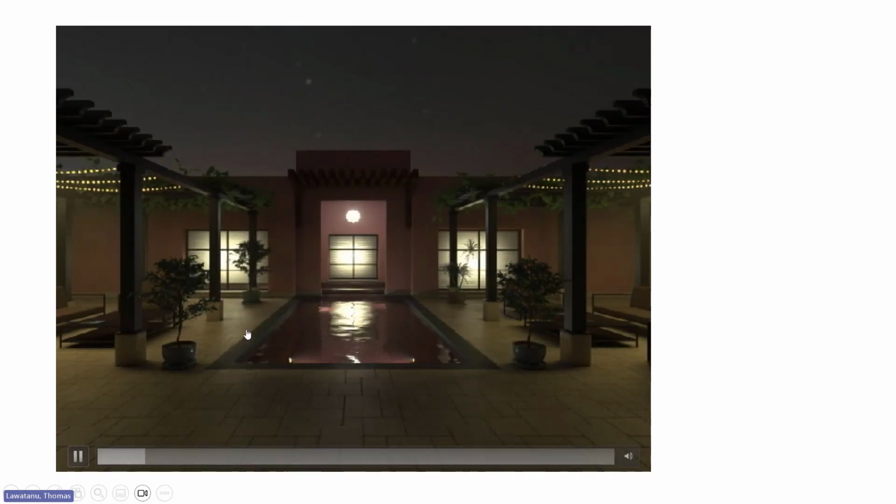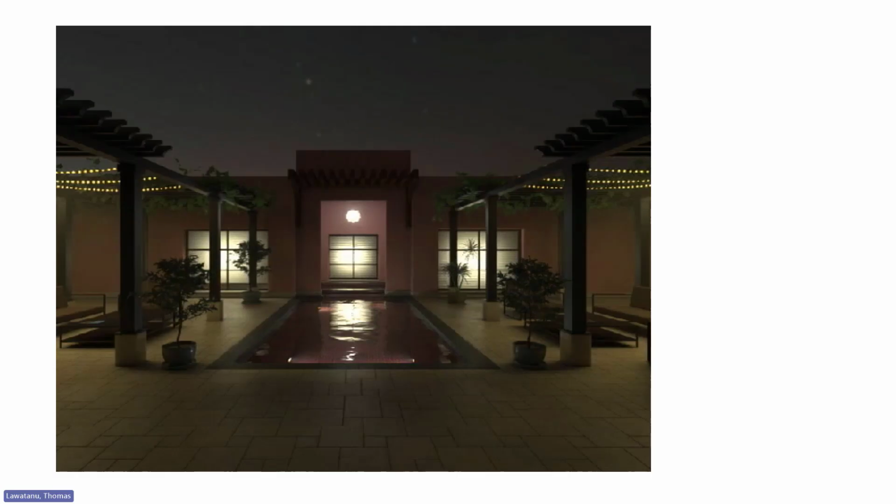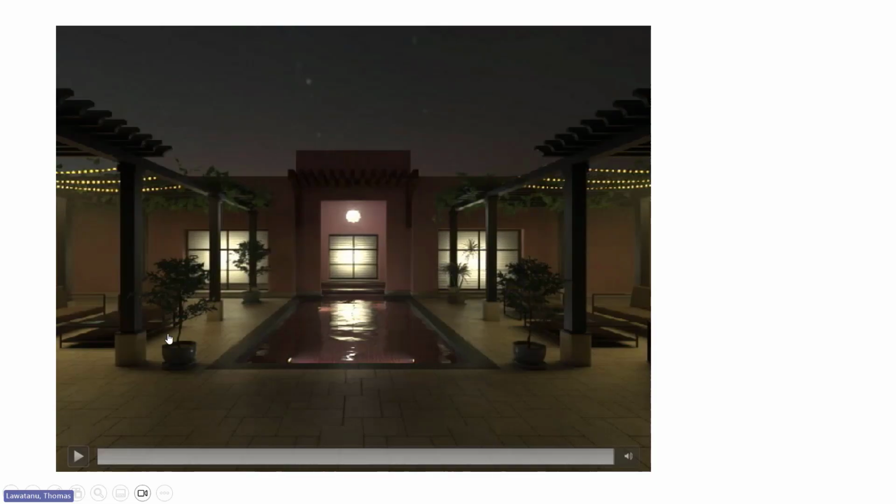This uses the array modifier and also the OSL material to generate animated light, like a flip-flop outdoor lamp for the exterior. Let's say you own a project exterior, then you can use this.